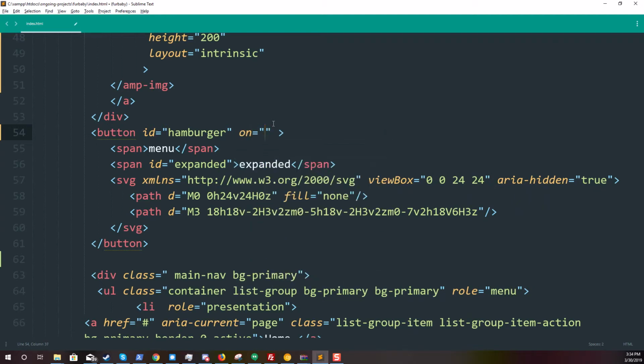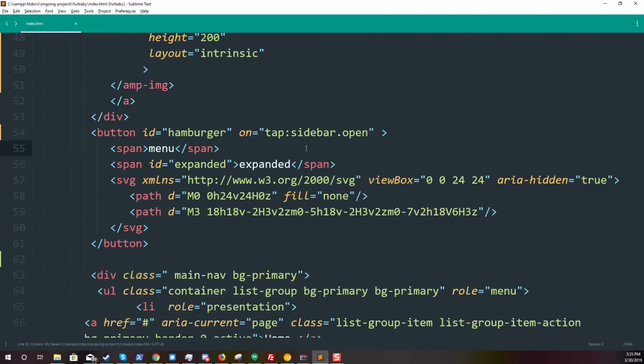Now the on attribute is an AMP attribute that connects AMP bind. Kind of like, remember how in the 90s and mid 2000s you had on-click, on-load attributes that you used on various elements in order to hook them with JavaScript functions? Well, that's exactly what this is, but it's a little bit different. So let's do on-tap, which is Google AMP's version of on-click. On-tap, we're gonna do this sign. We're gonna use the sidebar ID, which is sidebar, and then we're going to add dot open.